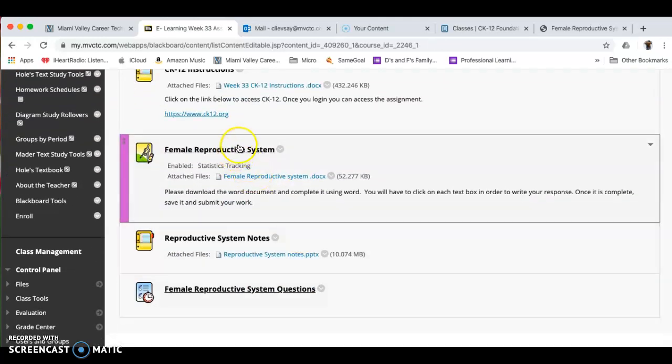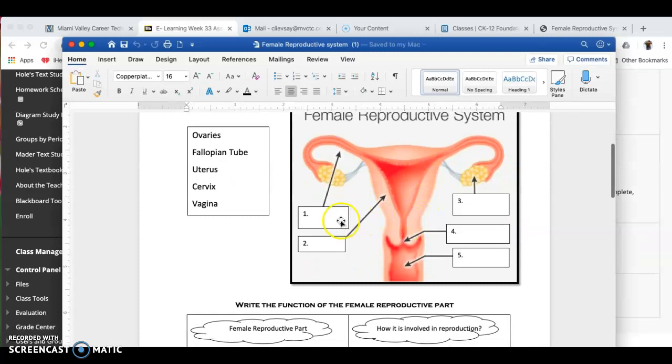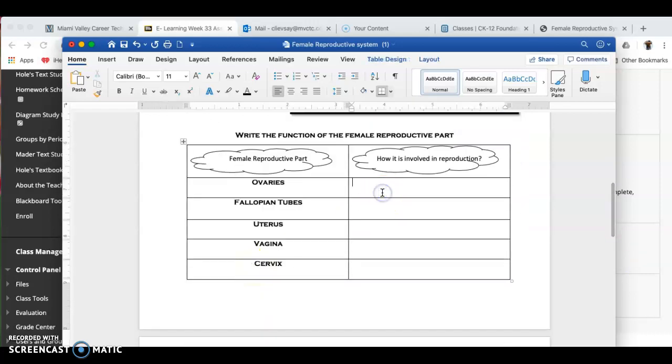So you're also going to be doing this female reproductive system. What you're going to do is click this. You're going to open up that document, and you are going to have to type in the text box, and once your cursor is there, you're going to label what this is. Once you have all of this complete, you're going to have to be sure that your cursor shows up. I went through and made these all text boxes. So once your text box shows up and everything's good to go, and you fill out this section down here, again a text box, you're going to come up and you're going to